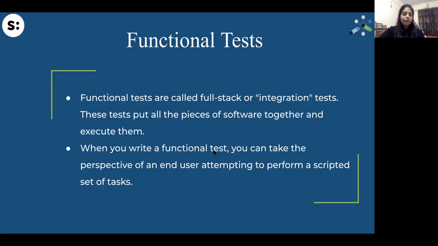For a functional test, you can think from the perspective of an end user who's trying to use some functionality of your application, or who's trying to attempt some scripted set of tasks on your site. For example, an editor is checking whether the block layout page, the block listing page, is visible to them or not.